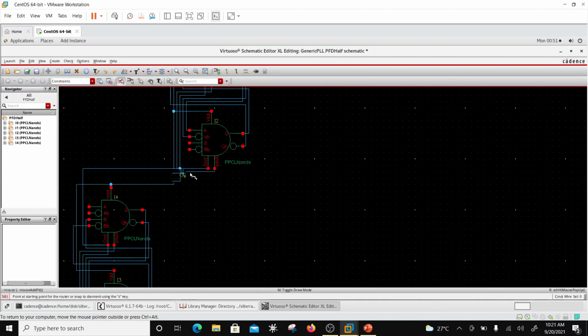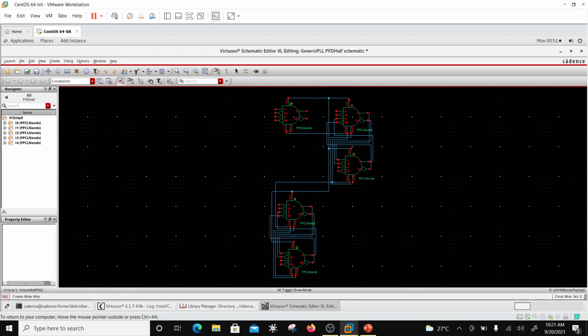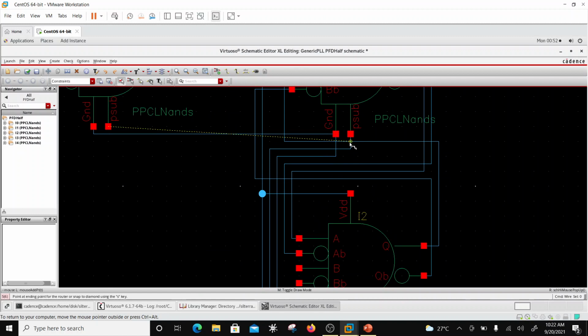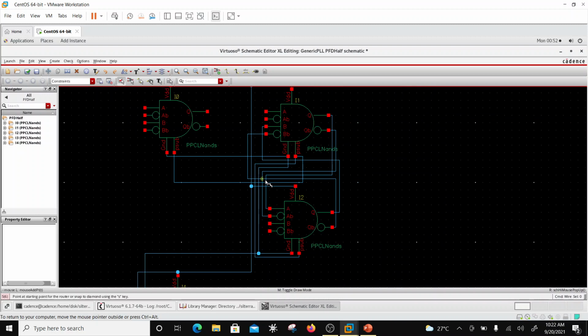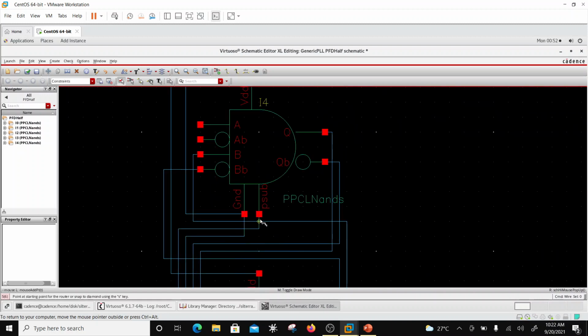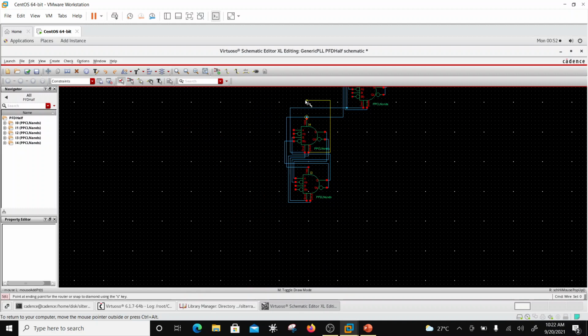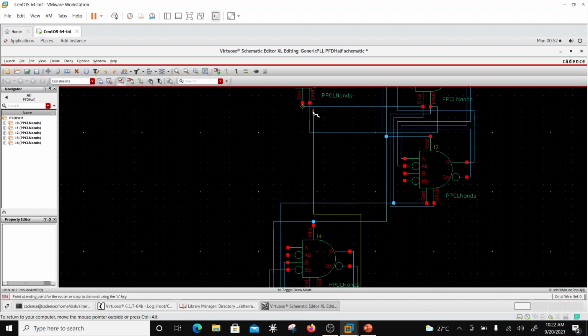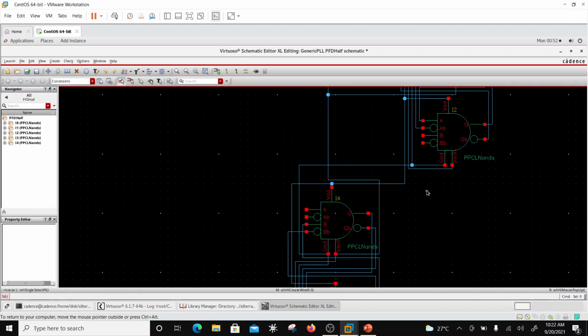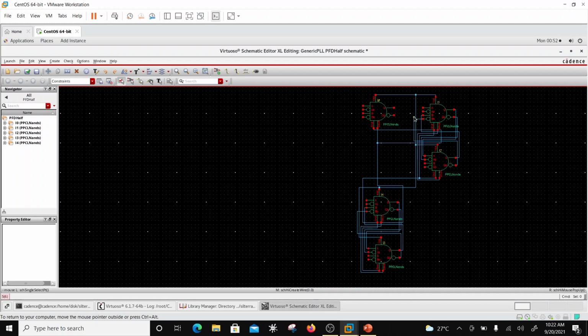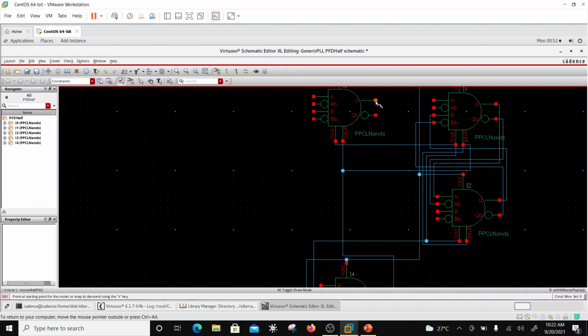So I have to tie it to the ground, and then I have to tie the P sub together. How do I reach there? Okay, I have reached the P sub here, and this one also has a P sub which I have to reach over here. Okay, so ground, VDD and P subs are tied together for all of them, and then its output goes in